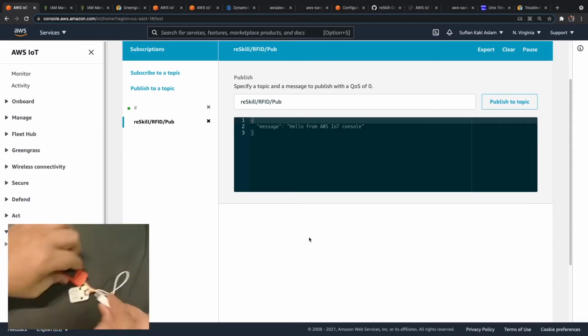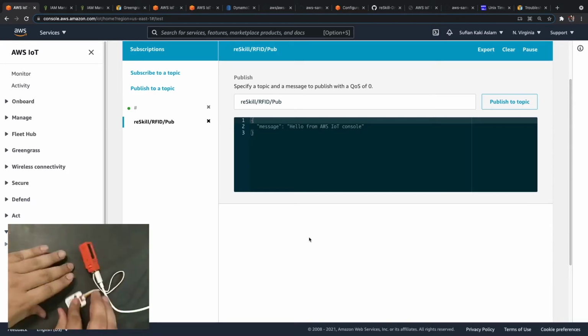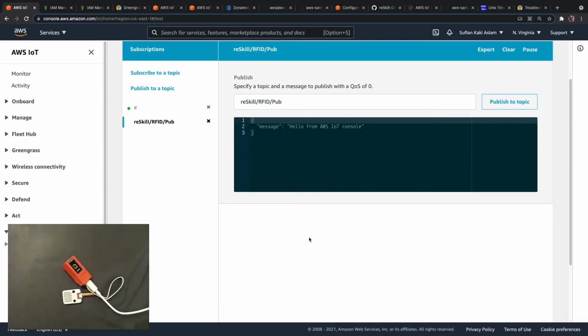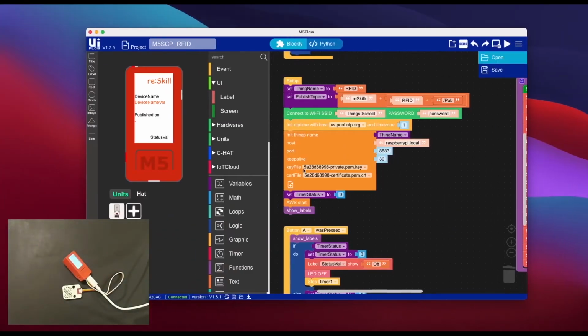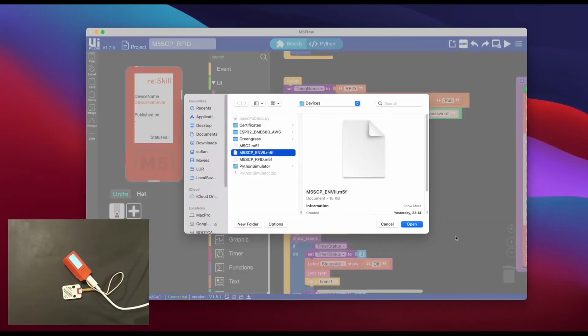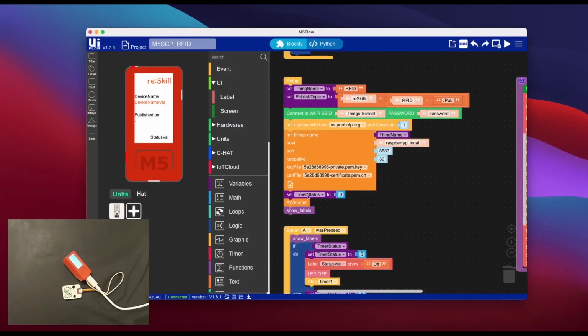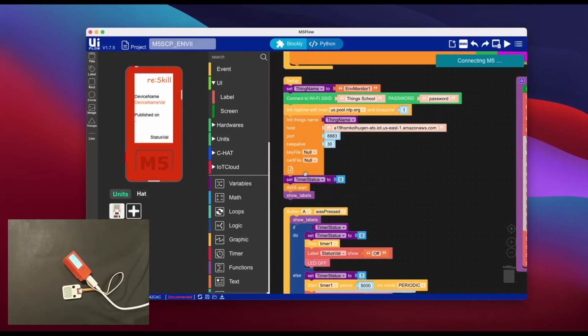And what I will also do is, the other M5 Stick C device that we had, I will modify that as well so that instead of communicating with AWS directly, I will make it communicate with the Raspberry Pi.